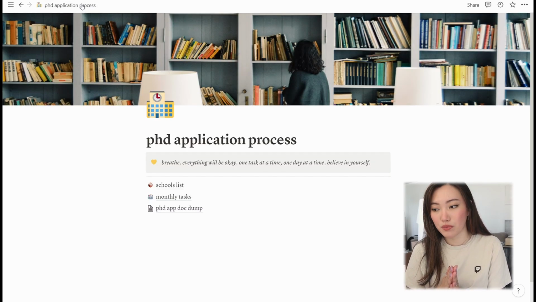And here we are back to the home page. It's simple enough, but I feel like I've built it in a way that has all the details I need, all the little things I need to remember. Hopefully, going through the months with me and sharing the things I did research on, that I did and didn't do, you were able to gain a deeper insight into what this application process was like for me. Depending on what program you're applying to, it could look completely different, but for me, applying to psychology PhD programs, this worked out so well. It helped me stay organized, make sure not to forget anything, and at the end of the day, I was able to get into my dream psychology PhD program